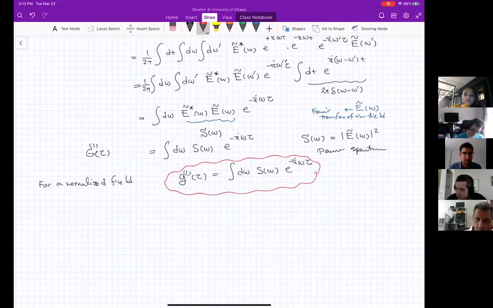Last time I made a joke with the people who were staying until the end. I said that this is a famous question that people usually ask. They ask, what is the size of a photon? You may receive this question. Some people say that it is the wavelength, the wavelength of light. The proper answer is the coherence length and coherence